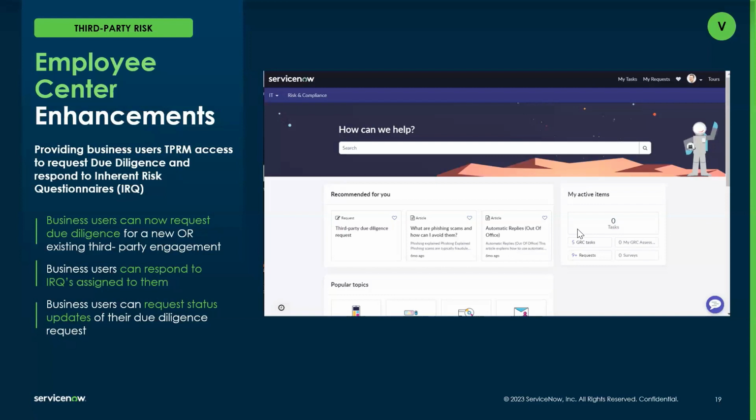But natively, if using the Employee Center, that widget around the third-party due diligence request will appear if you're using TPRM and if you're using the Employee Center.